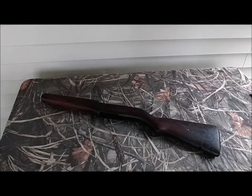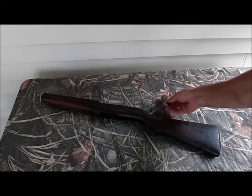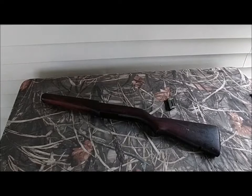So the other thing that I threw on the order, since I was already paying for shipping, I ordered another stripper clip for my M95 straight pull. You never have enough of those. And something else: there's been a shortage lately of Carcano ammunition, Carcano reload supplies, and Carcano stripper clips,